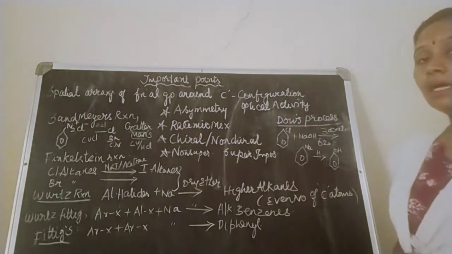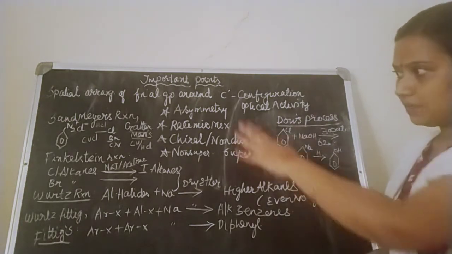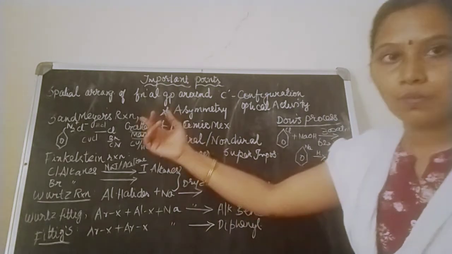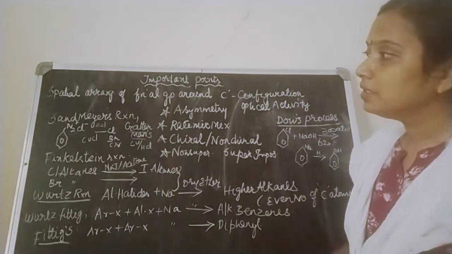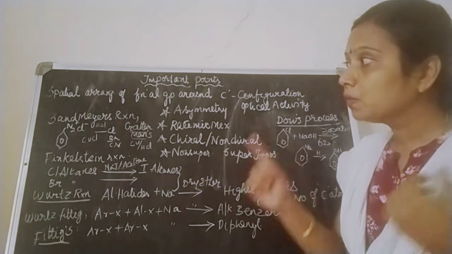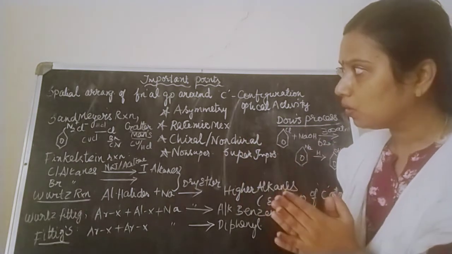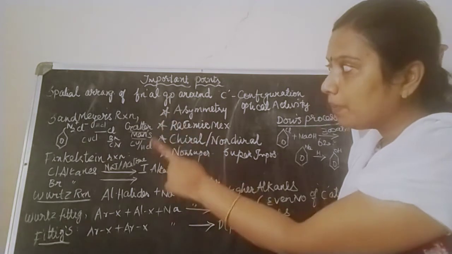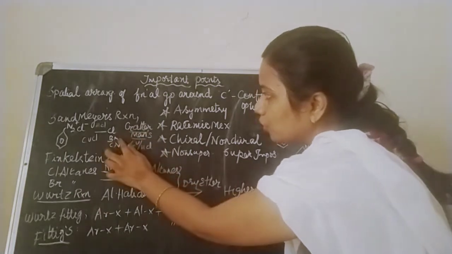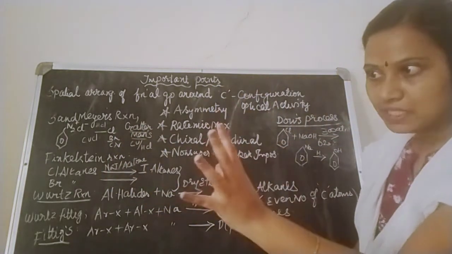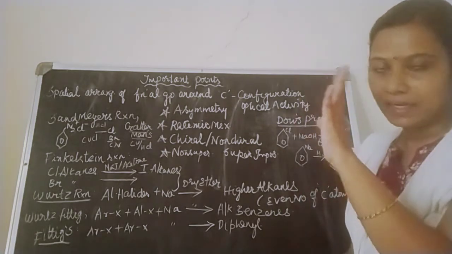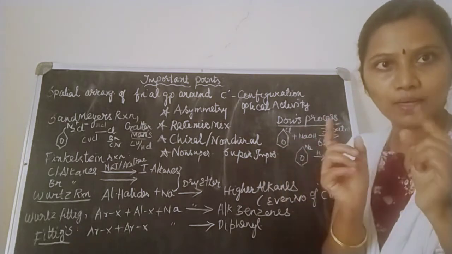Okay, now coming to the important naming reactions. We have seen everything; this is just going to be a sum up for you. What is Sandmeyer's reaction? Children, I have a diazonium salt. Benzene is there, N2 is there, Cl minus is there. What is that? Benzene diazonium salt in the presence of copper chloride and the acid HCl. What will you get? You will get a chlorine derivative, bromine derivative or cyanide derivative. You will have a benzene structure. You will get chlorobenzene, bromobenzene, or benzene with CN attached.